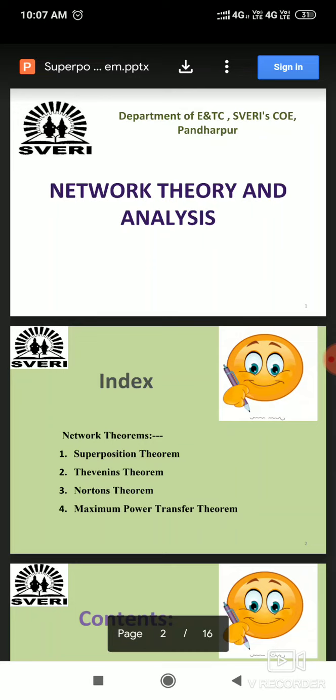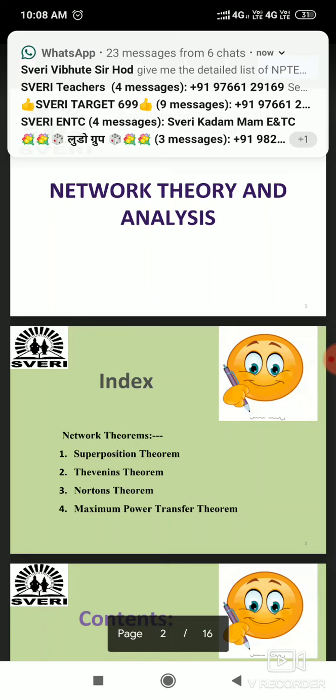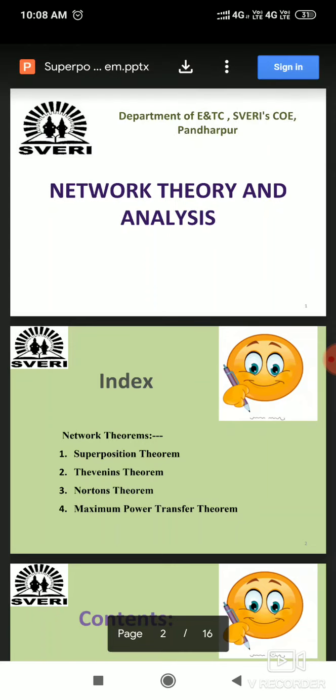These four theorems we have to study, and based on that, first of all we will solve the problems based on DC circuits. Once you complete the problems based on DC circuits, then we will see how to solve the problems consisting of AC sources. Okay, so that will be our agenda. It will take this week as well as next week to complete this chapter. We still require 7 to 8 lectures or more. Once you complete the theory part, we will solve the problems based on DC as well as AC.